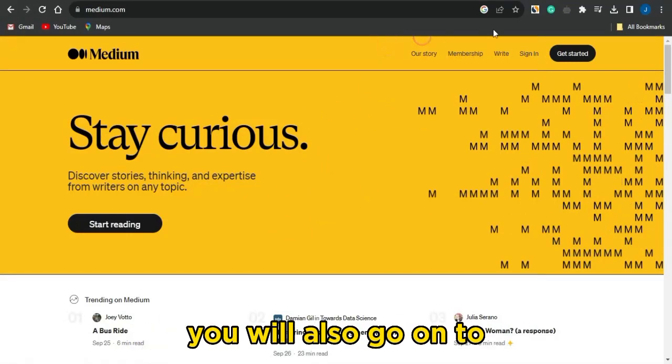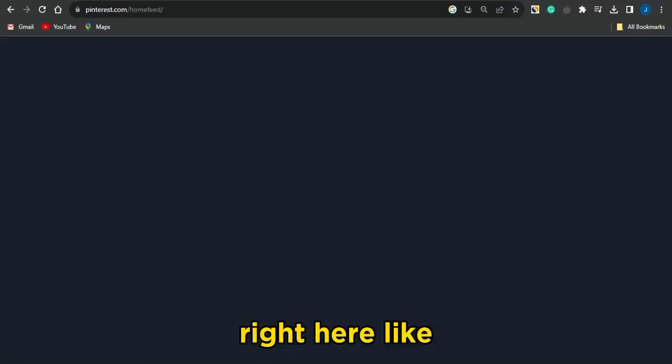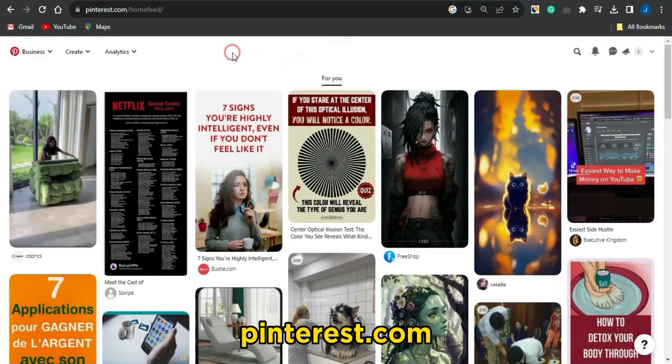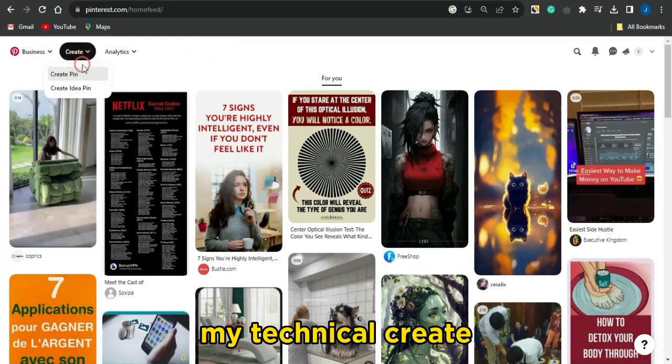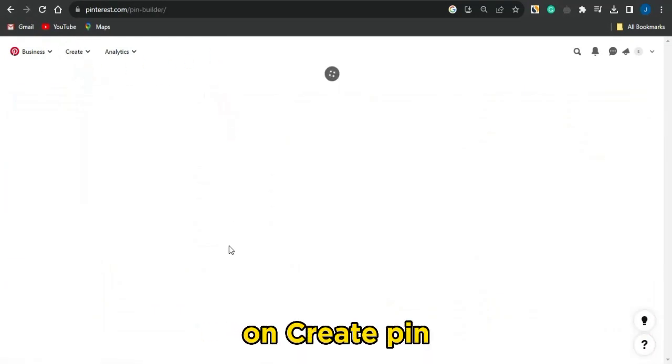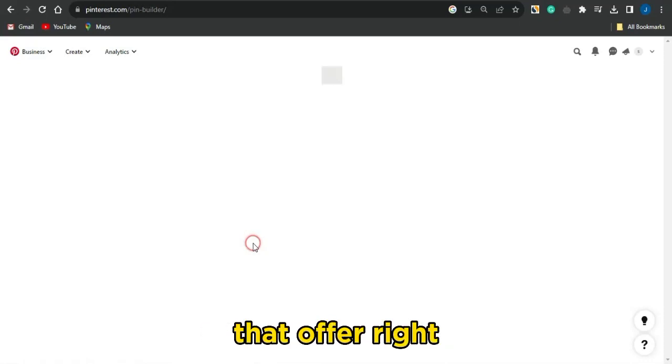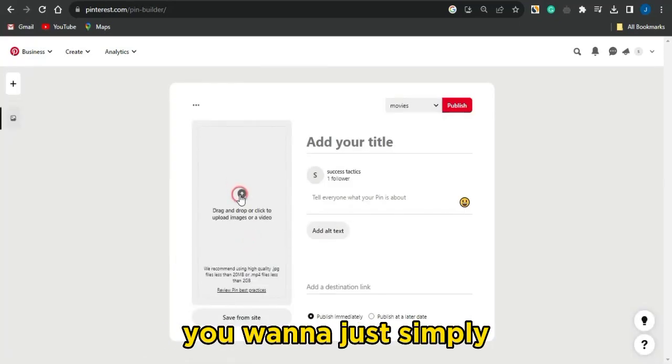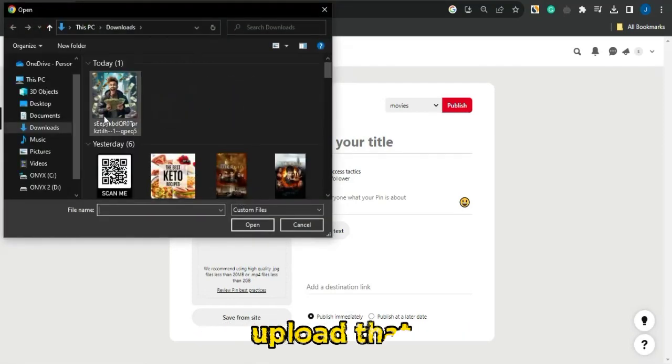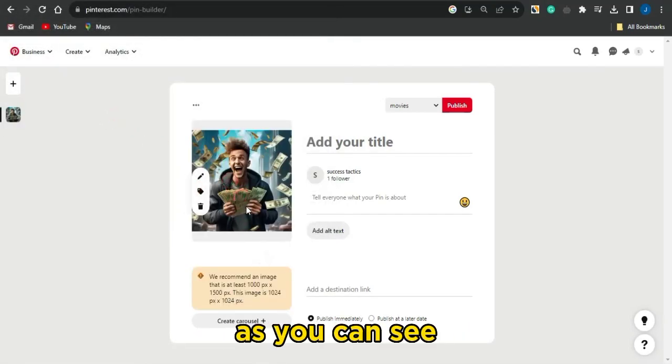You will also go on to utilizing other platforms right here like Pinterest.com right now. And with Pinterest, you want to just simply come right here, click on create, go on to clicking on create pin, where you can go on to pasting or creating a very cool pin that you can use to drive traffic to that offer right now. So right here, you want to just simply come right here, click on this section, upload that particular image right there. As you can see, the image has been